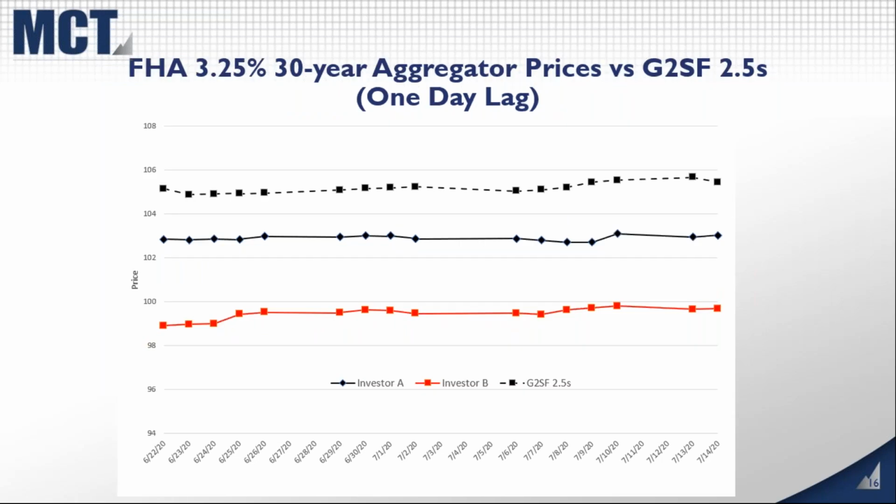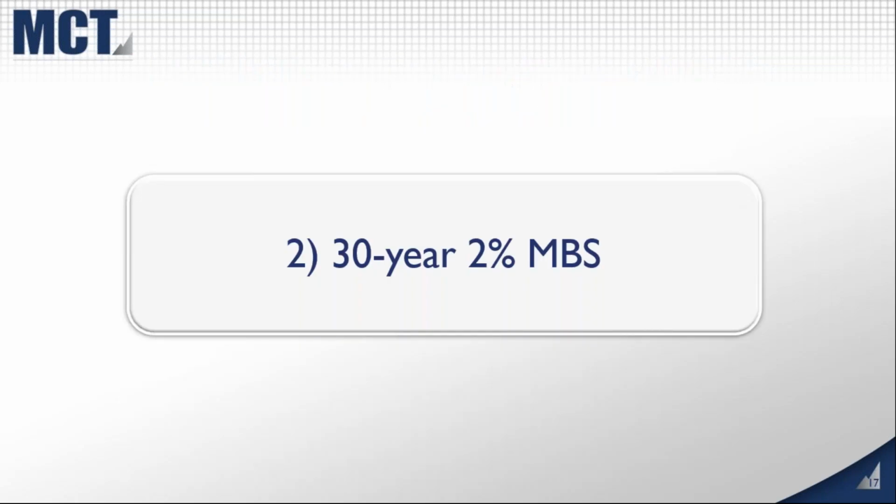And you can see a very similar thing in the FHA market. I use a slightly higher note rate there, but also used Ginnie 2.5s, again using a 1-day lag. And basically it indicates that there's not a great deal going on in that sector, unlike what we saw in March and April, where loan and TBA prices decoupled. We're seeing a very good correlation between them at this point, which is what you'd hope to see as a loan and pipeline hedger.